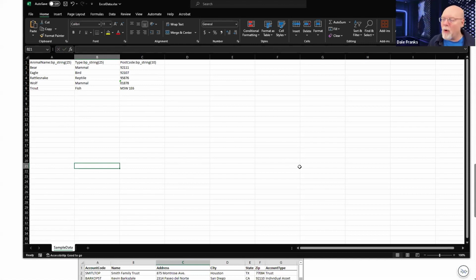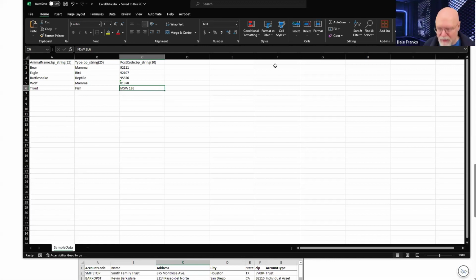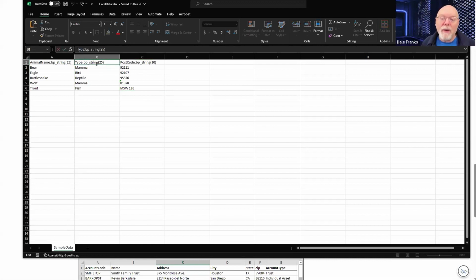My last import failed, and it failed because of that Canadian postal code in what Process Director thought was a numeric field. It thought it was a decimal field. It's not. So let's save this. Let's put it all as BP string. Oh, by the way, if you do know the SQL data type, you don't have to use the BP Logix keywords. You can, in fact, use the SQL data type. Actually, I don't even want to make this an nvarchar. I'm just going to make this varchar. I think that'll work.